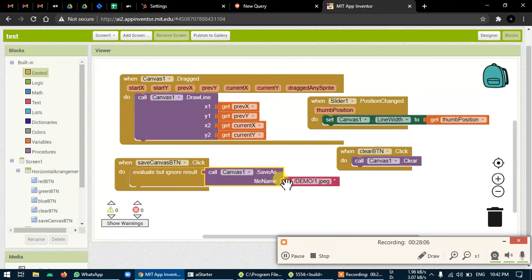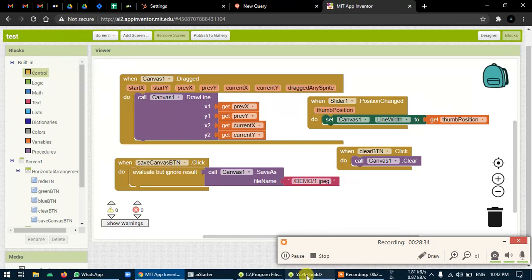That is Save As, a function, and we are just providing a file name. So why have we given the slash? Because if we don't give the slash, it will save somewhere else inside the MIT App Inventor folder, in Android data, where it will not be accessible. So we use the slash to relocate the location, or you can say to start it as a base. So the base will be your internal storage.